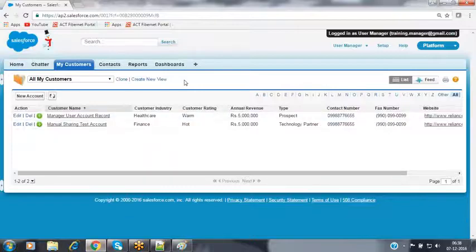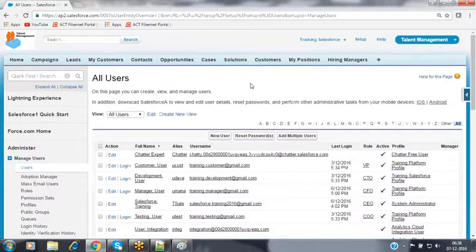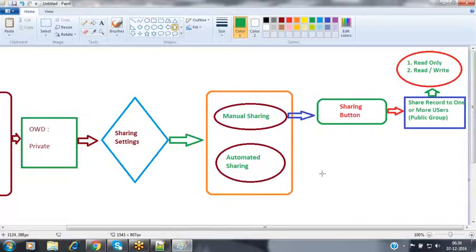Now, suppose for example, here I'm sharing the records manually one by one. But if I have thousands of records, how can we share the records here? It will be very difficult for us. So for that, if you want to share the records to either one user or multiple users, it may be one record or multiple records, then we make this an automated process. Instead of sharing the record manually using the sharing button, we can share the record to a collection of users or a single user automatically. For that, we are using automated sharing.